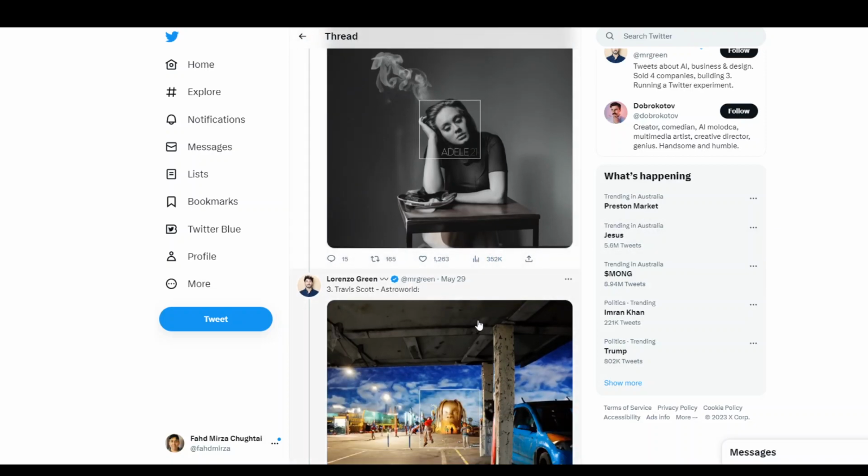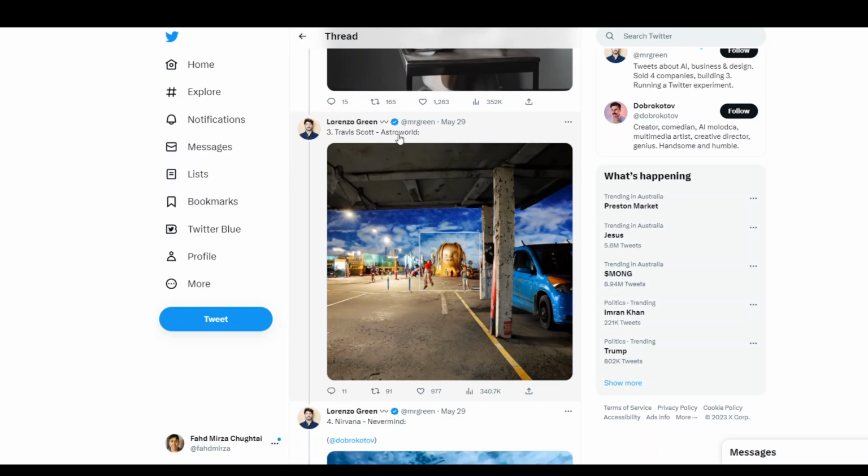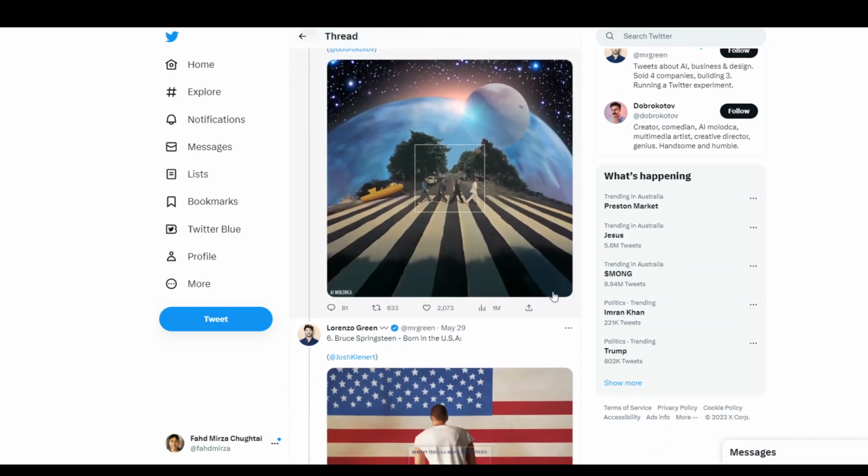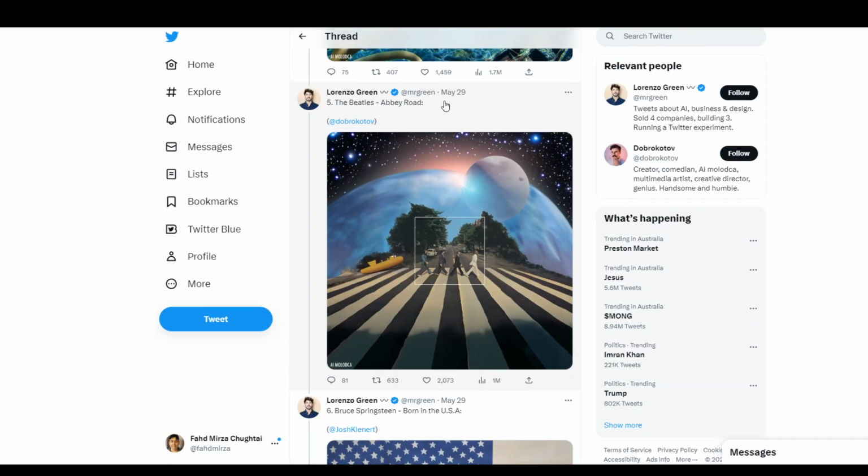And then as you can see, next one for Travis Scott, Astroworld, they have changed it. Then this one, Nirvana, Nevermind, they have changed it to this image. Similarly for the Beatles, Abbey Road, which is quite a popular album, they have just put it on top of this